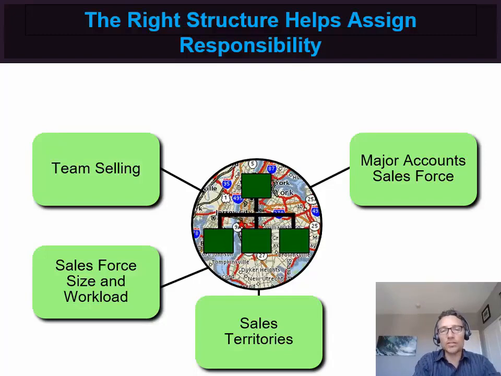So this is where direct sales can be a wonderful tool, because companies have figured out that they can bypass retailers and have these sales forces work directly with customers. Looking at the graph here, if you look at 3 o'clock, major accounts sales force. So in many companies, they'll have the most seasoned people handle the major accounts.